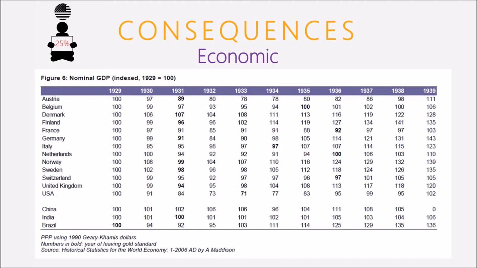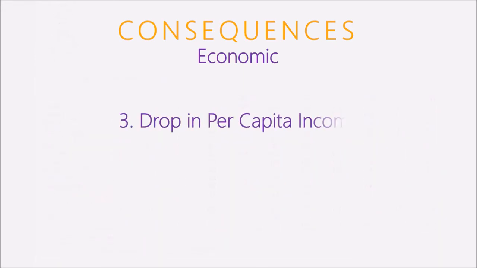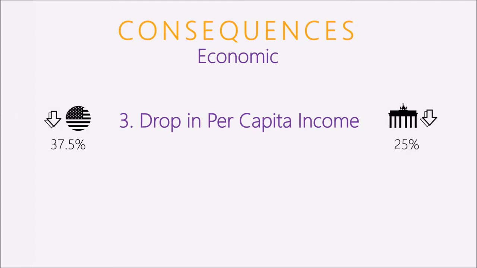These impacts even influenced other countries. Since the price level of the US dropped, other countries imported more US products. This caused the local production of other countries to decrease and unemployment happened. Apart from the above impacts, per capita income in most countries also dropped a lot after the Great Depression. For instance, the US dropped 37.5% and Germany decreased 25%.